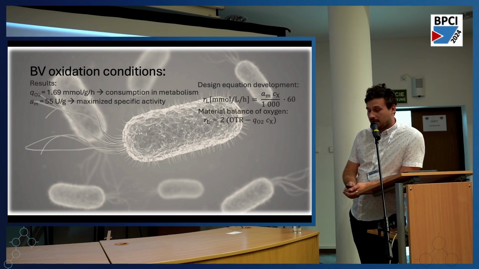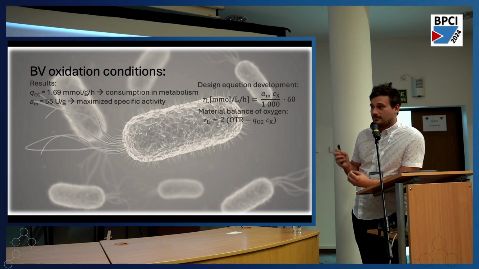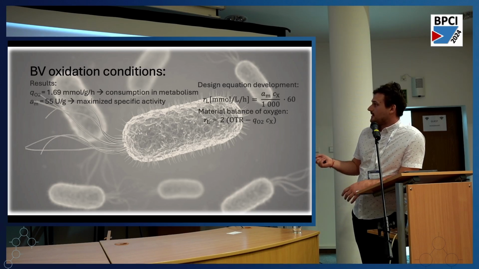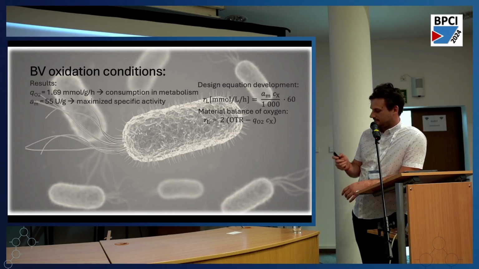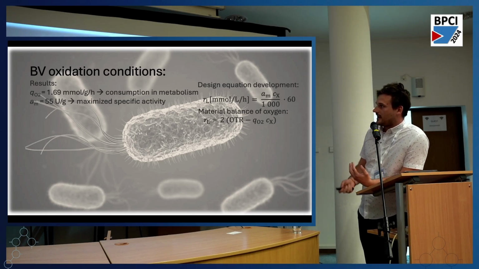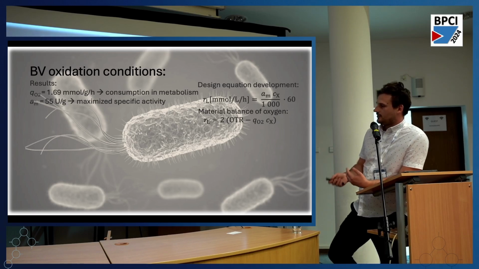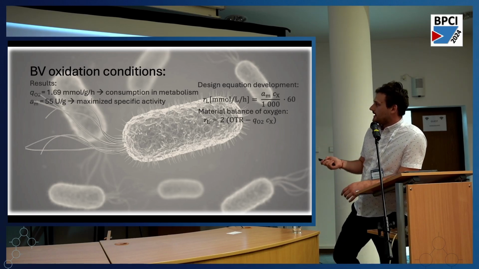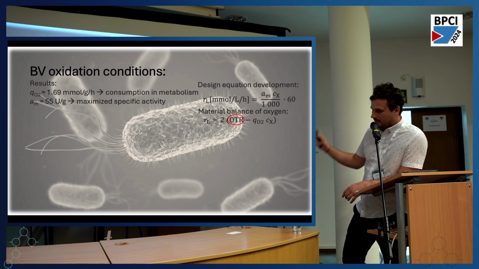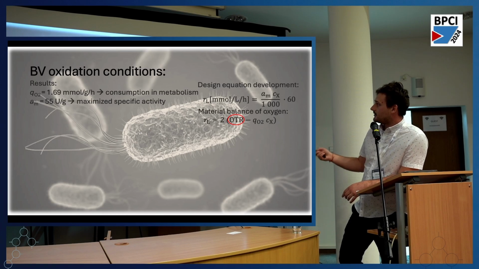Secondly, the material balance is possible to write every time. Maybe it looks quite strange, but this is a material balance of oxygen. Okay, at this point, we want to develop the design equation. And we have 2 equations where we must choose one dependent variable and the other variables must be taken as